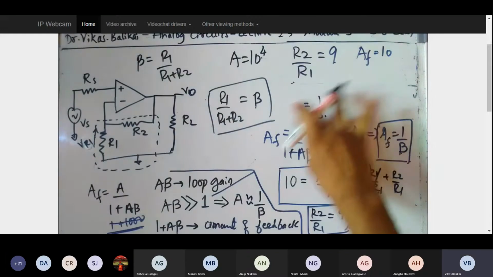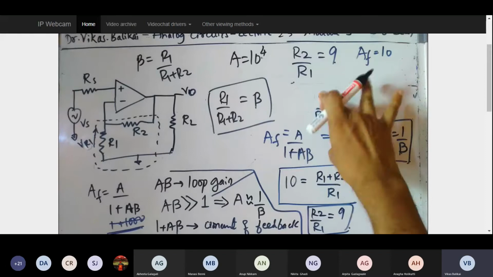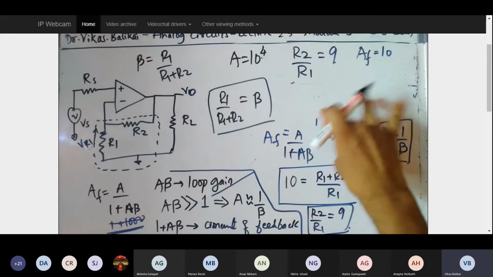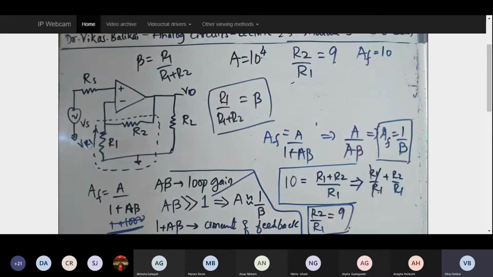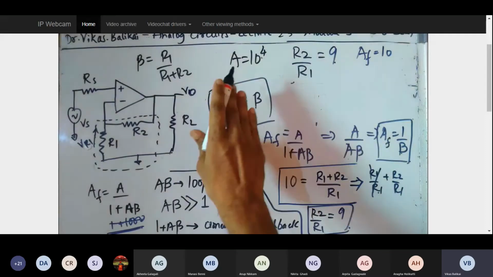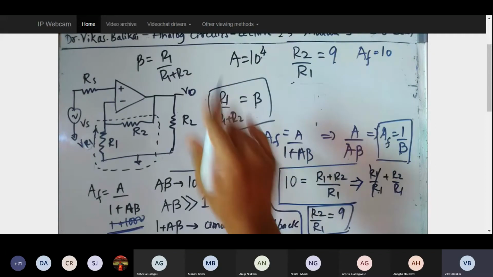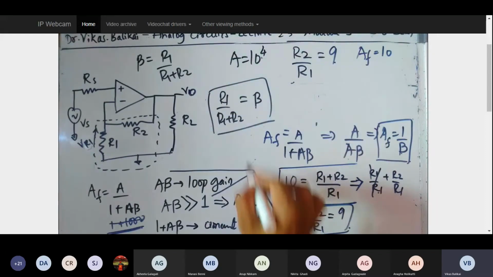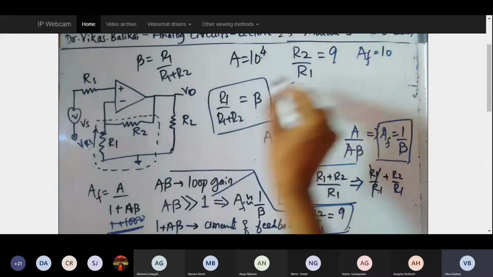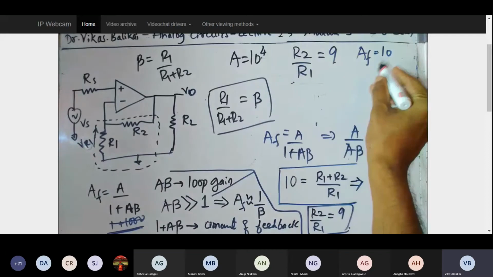So every time, don't look into the terms whatever he has given. Not all the terms given need to be used. Sometimes he will be giving some extra values just to confuse you guys. So in order to avoid that confusion, ensure you ignore the terms and always utilize the same concepts or parameters that are really important for you, not the unwanted things.